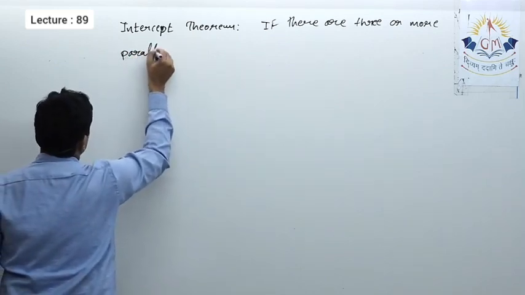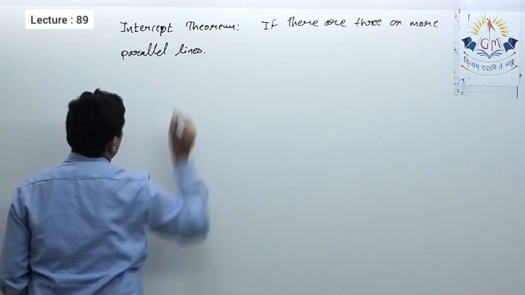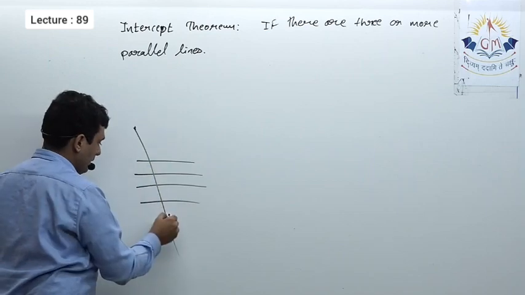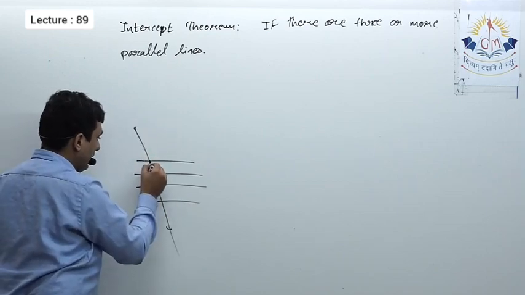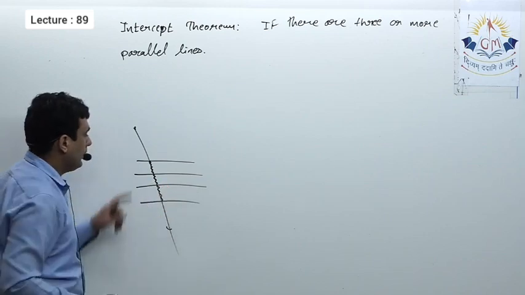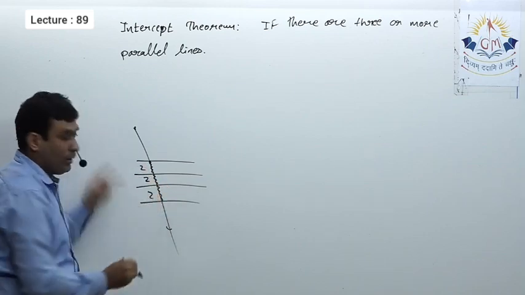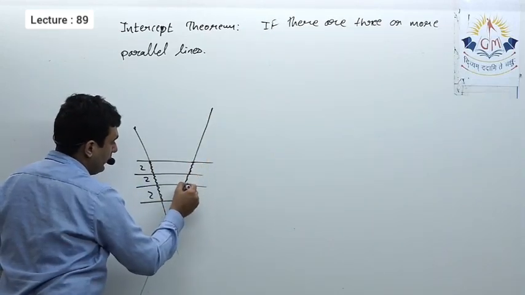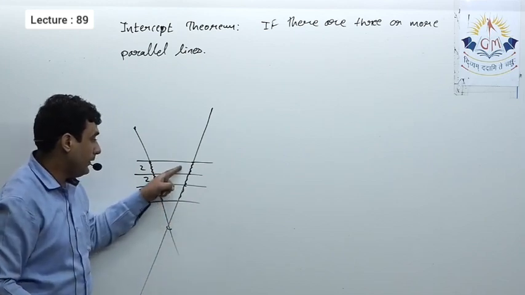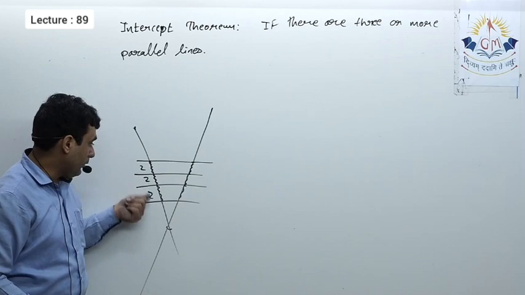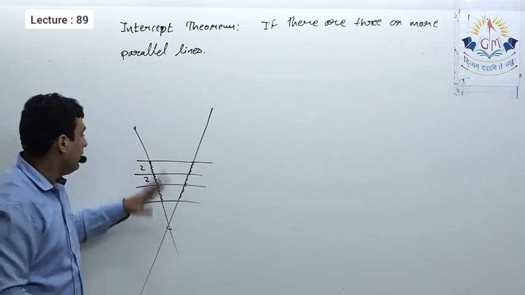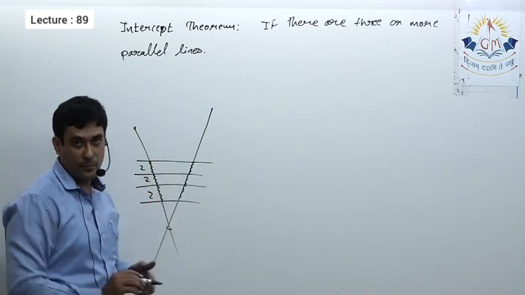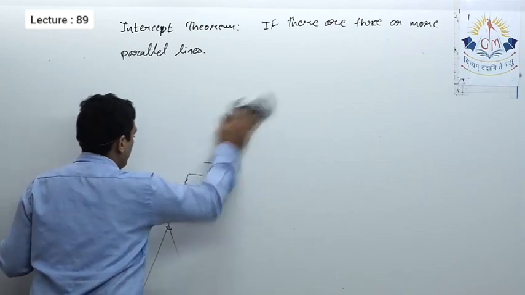If there are three or more parallel lines, you can see in this same way, and there is a transversal, and the intercepts of this transversal, that means these parts, are equal. For example, this is 2, this is 2, this is 2. Then if I draw one more transversal, definitely these will be equal. I'm not saying these will be 2, 2 and 2, but definitely these three will be equal. I'm not saying the measurement of these three segments will be equal to the measurement of the other three segments, but definitely they will be equal within each transversal.